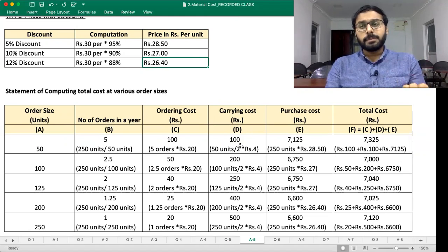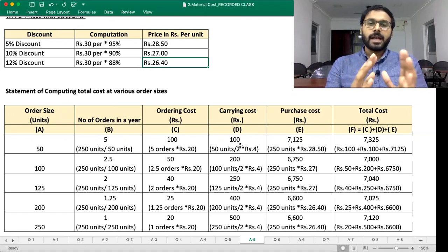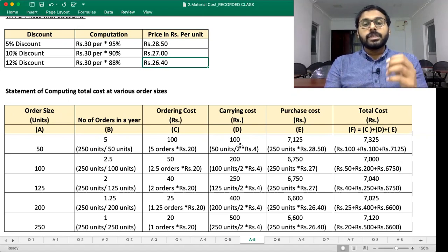Then carrying cost of the inventory. As we have discussed before in the previous questions, when I'm going to find out carrying cost, I should not simply take the order size and multiply with the carrying cost per unit. I should take the simple average and then multiply it with the carrying cost per unit. Why is it going to be the simple average? Because at any point of time, you cannot see the entire order quantity at the same time in a warehouse. Okay, and then you have the critical amount, which is going to be the purchase price.